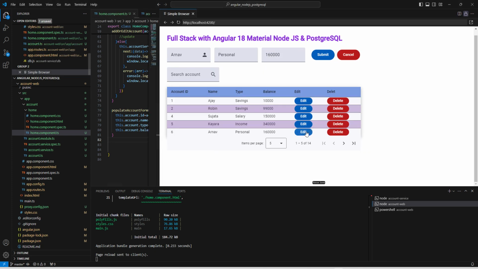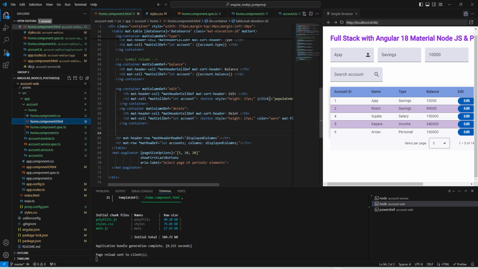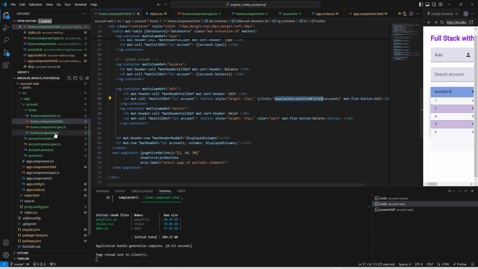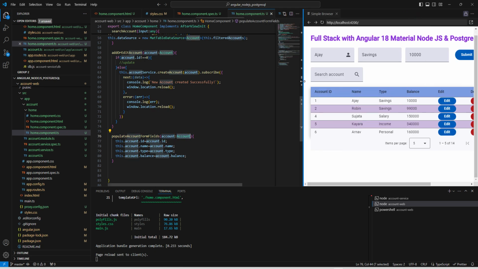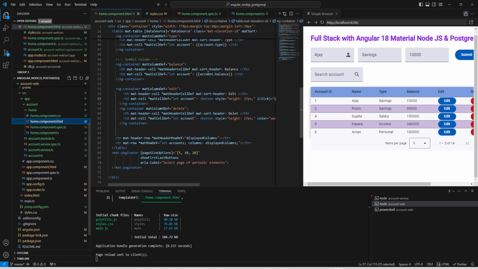Now let us click on this one. Now we can see it is showing as expected. So what we have done here is call this edit button, and on click of the edit action button we are calling this functionality, and we have defined this one. Whatever row we click, we have passed it here, and we have set the values from here and assigned them to our local variable account. This is our account, and the same variable we are using here to show the data on our